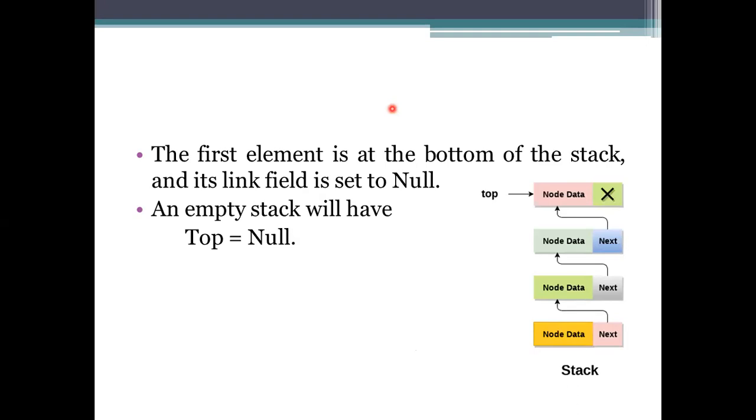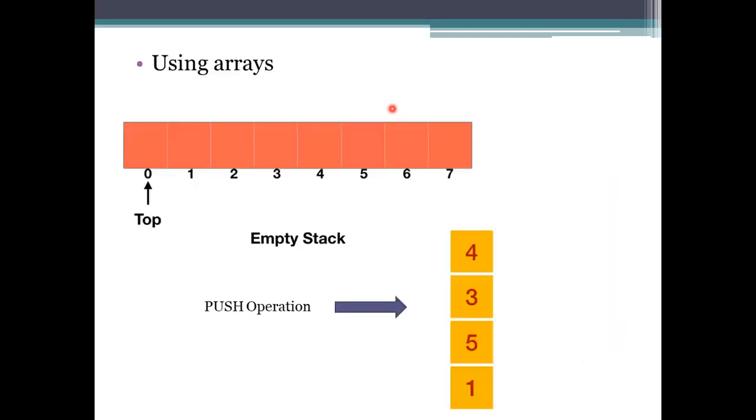The top element will have null, because if there is a connection, it points to the next data, and then there is no more data. The top element you have been using will be null. If you do not have any data, simply the top will be specified as null. That is, there is no data for processing.